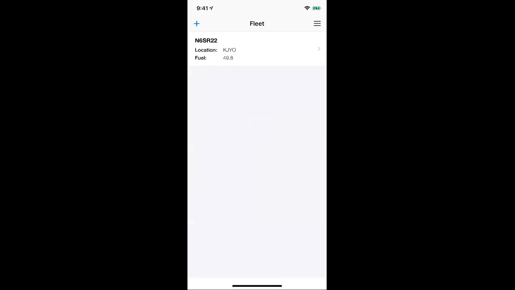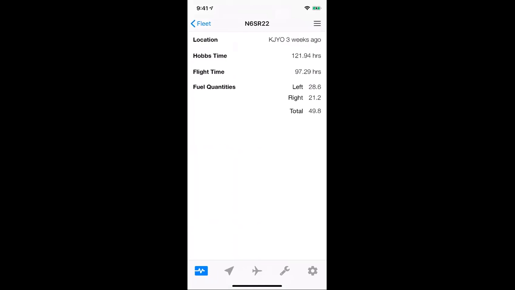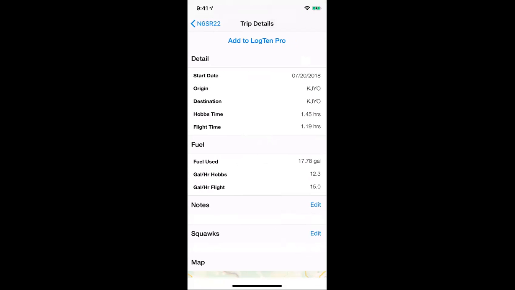Okay, so now that we've logged back in, the current settings that we set on the web will be available to us. So we can go back to the flight that we were just looking at, and you'll see that we have the button Add to Log 10 Pro. So if we click that button,